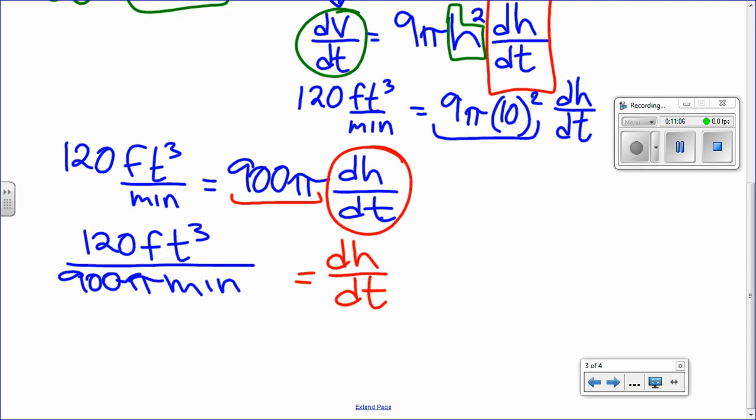And so I'm going to get the answer. And so that will give us approximately 0.042 feet